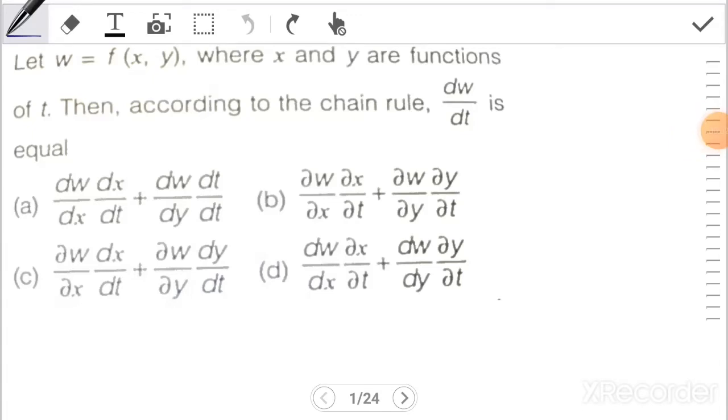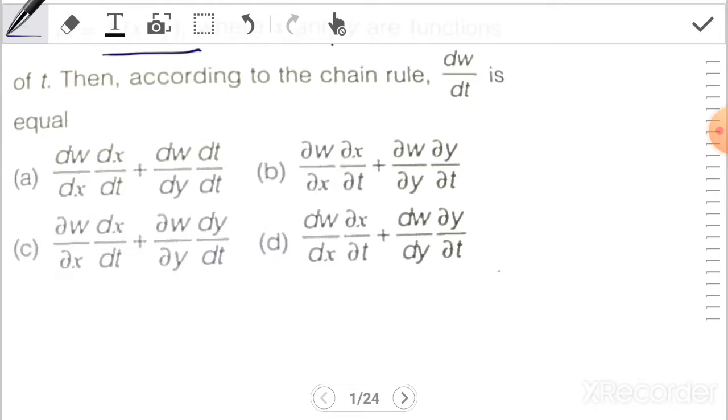Hi everyone. In this session, we will solve selected problems on differential calculus. So let's begin. First problem: let w equal f(x, y), where x and y are functions of t. Then according to the chain rule, dw/dt is equal to